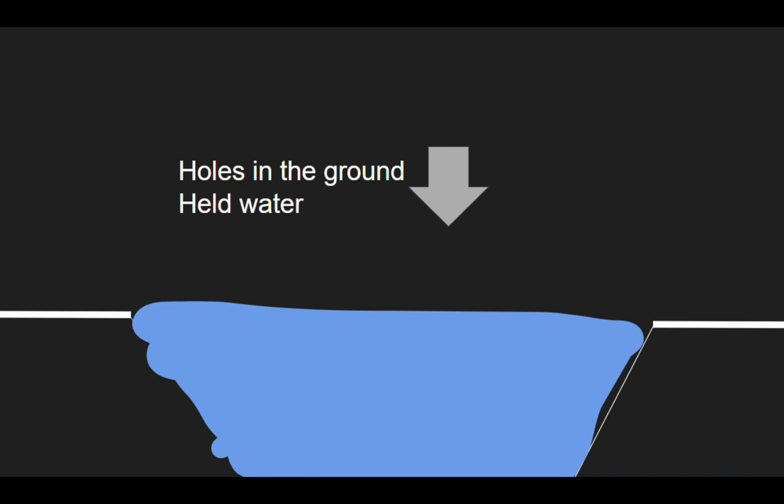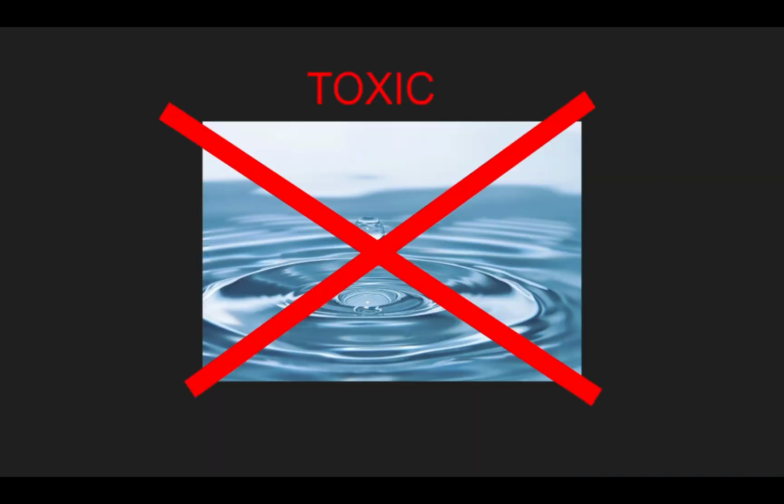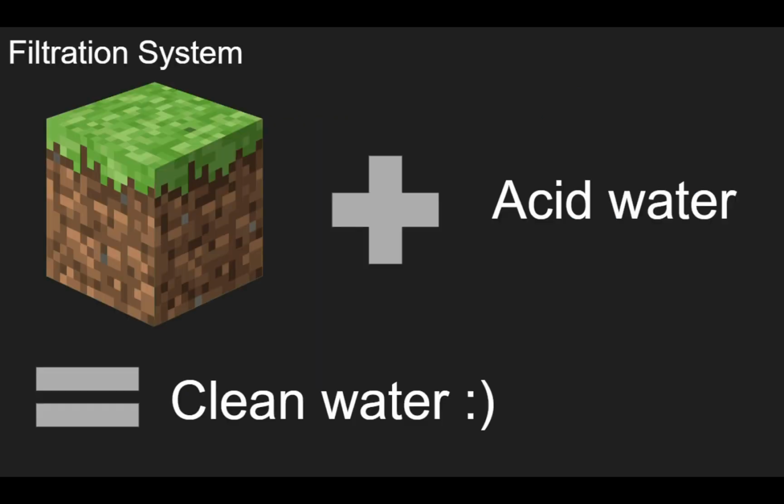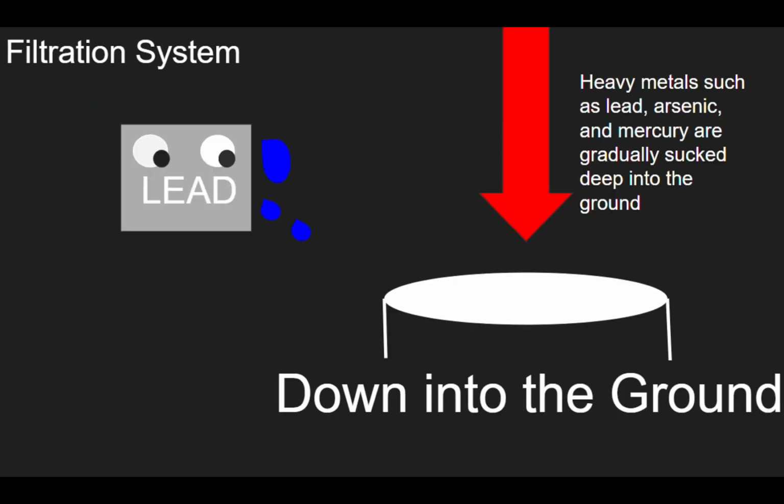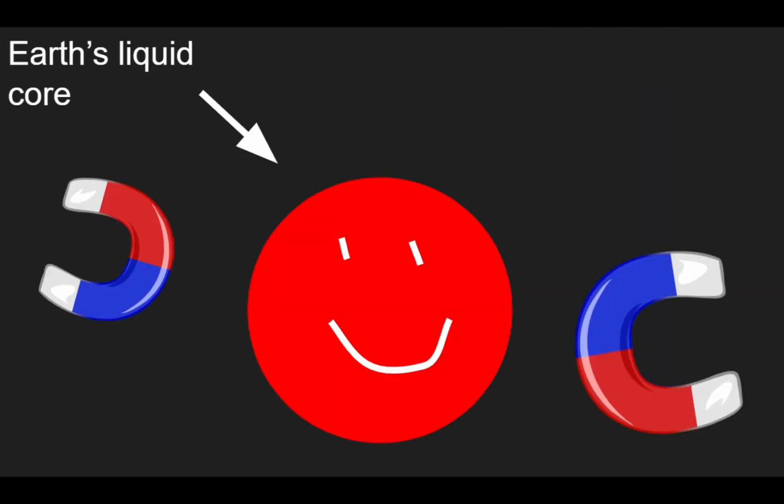But it was toxic. And so the ocean couldn't support life yet. It was super acidic and contained heavy metals, which were toxic. But over time, sediment neutralized the acidic ocean, and the heavy metals in the water were pulled deep into Earth because of tectonic movement. Combined with Earth's new magnetic field, which was created by its liquid core, this finally made Earth somewhat habitable. And because of this, life could emerge.